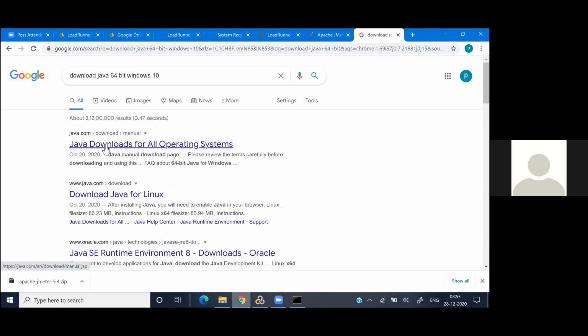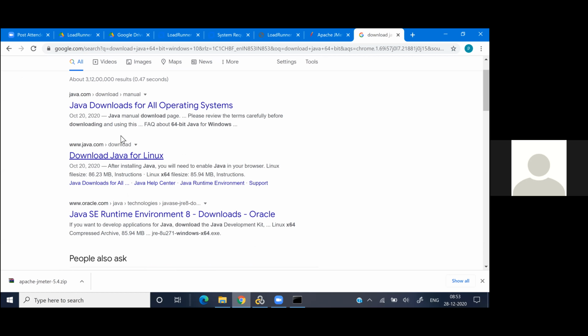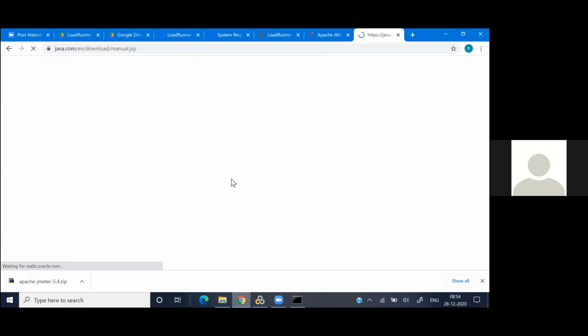Go to java.com, Java downloads for all operating systems, or else you can go to any of these links. Let me go to the first link.